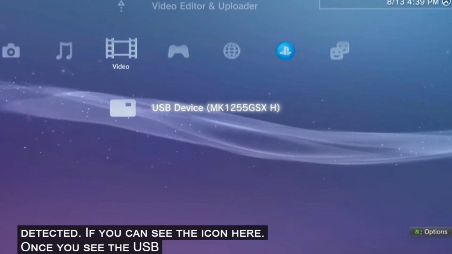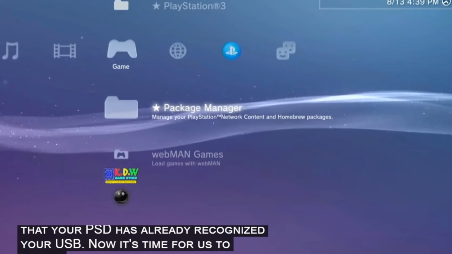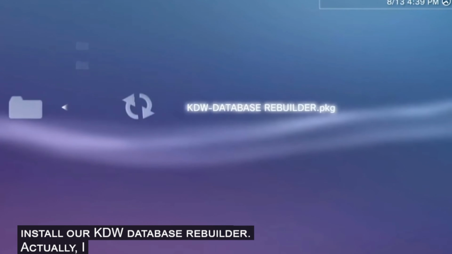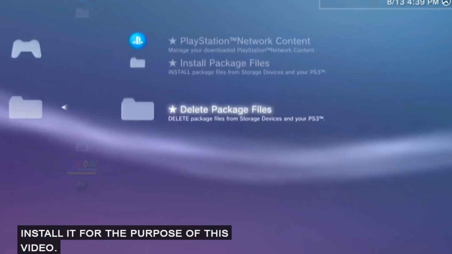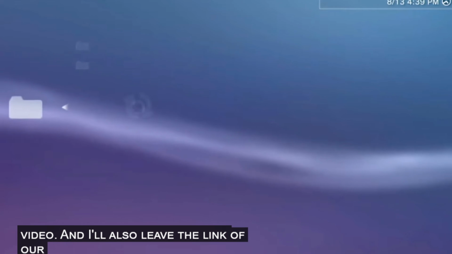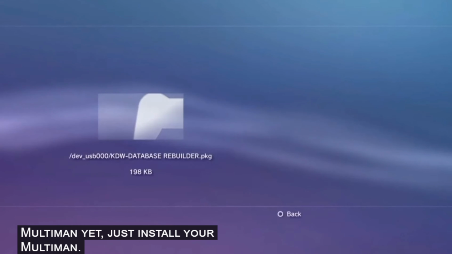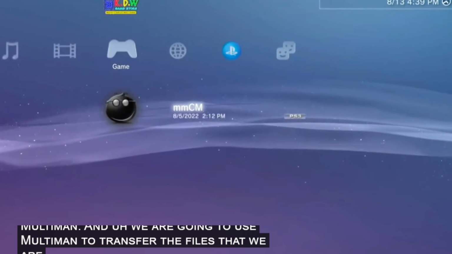You will know that it has been detected if you can see the icon here. Once you see the USB icon, that means that your PS3 has already recognized your USB. Now it's time for us to install our KDW database rebuilder. Actually, I have already installed it here. So let us just go ahead and install it for the purpose of this video. And I'll also leave the link of our Multiman in case you don't have Multiman yet. Just install your Multiman, and we are going to use Multiman to transfer the files that we are going to